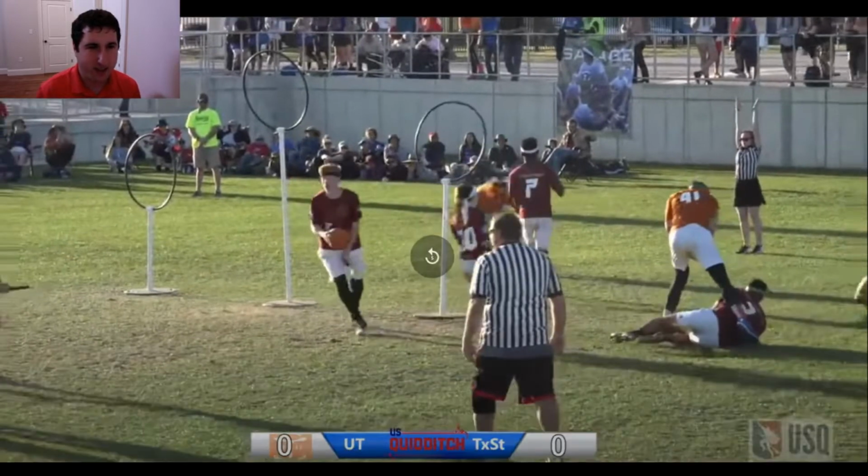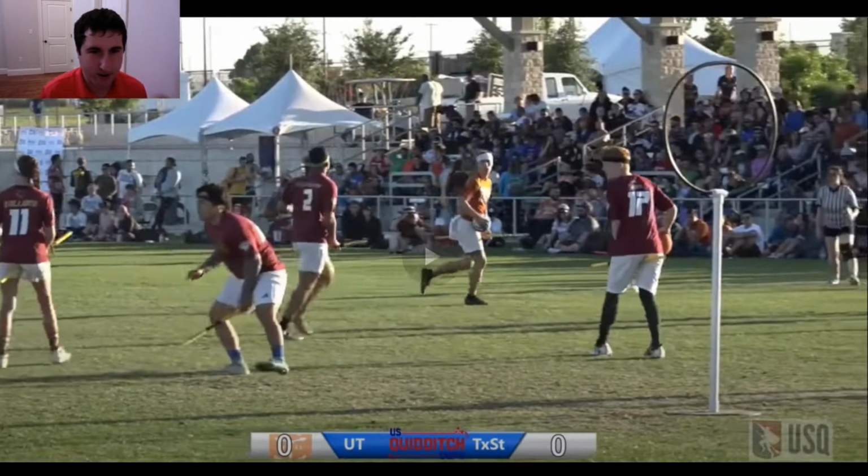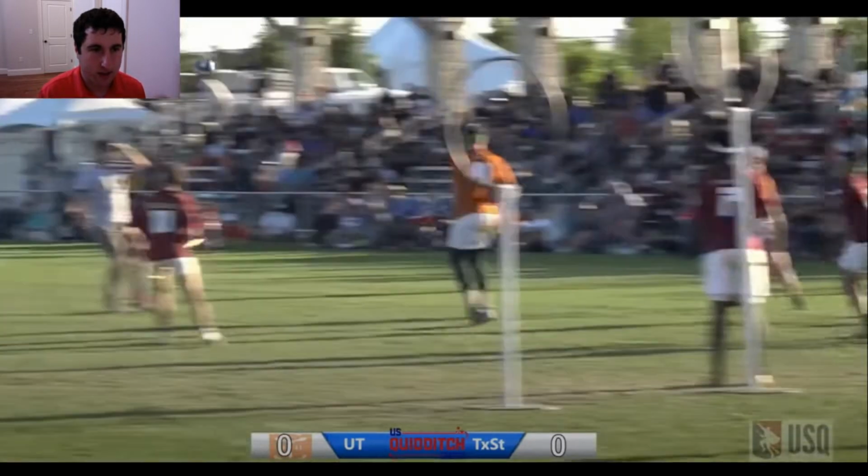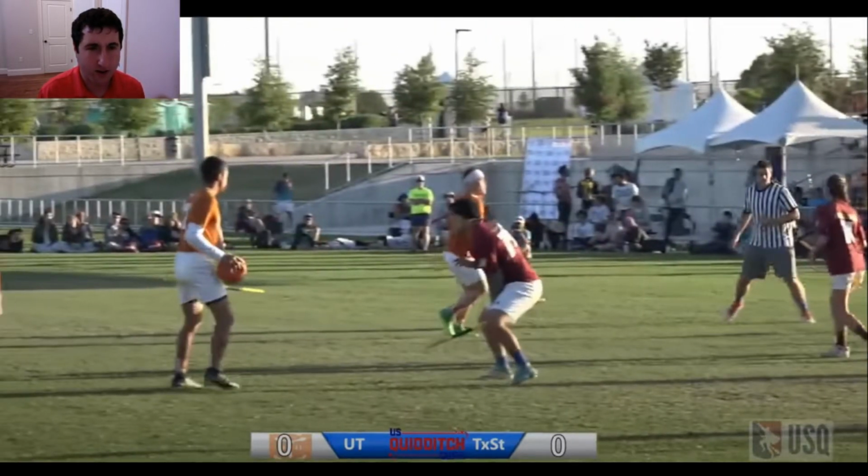How is that a no bludger? What happened to the bludger here, right? So this is Hines here. It looks like he's going to pressure this wing. There's no beater over there. So I think he wastes the time to be...